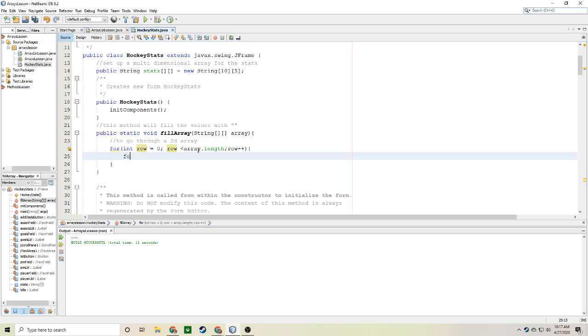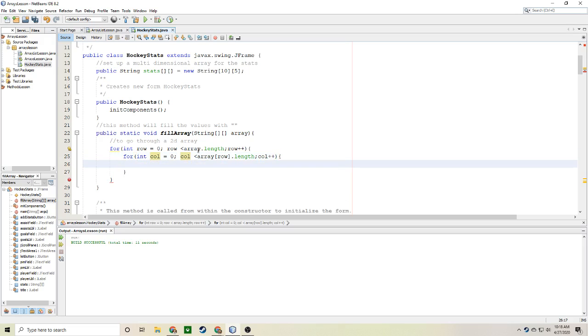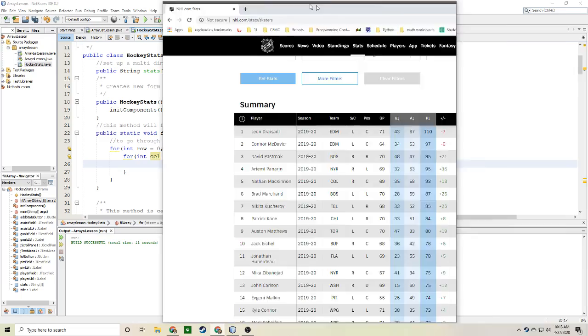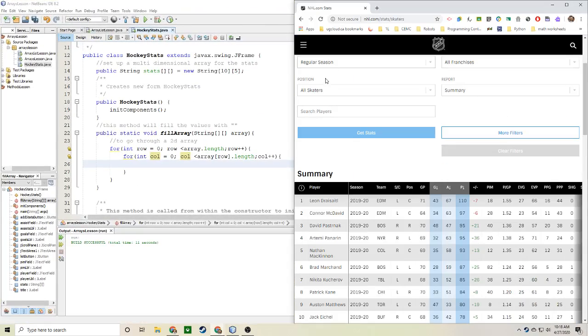So what we have to do now is actually do another loop inside where we start the columns at 0, and the columns are going to go from array at each row. So you're going to go to each row and then go to the length of it. So this is where, sorry, I'm just going to make sure I finish this off. So this here, if I pull up that,